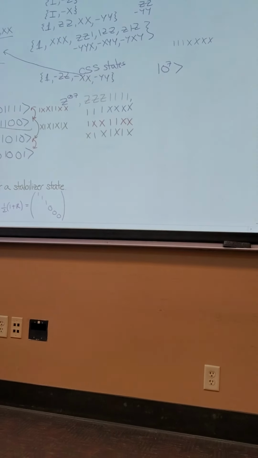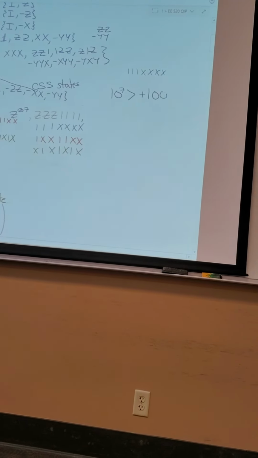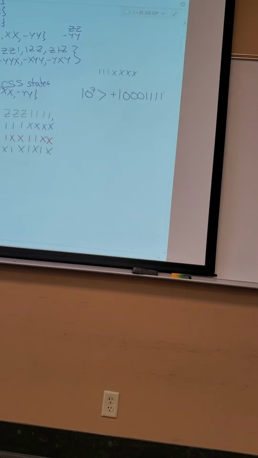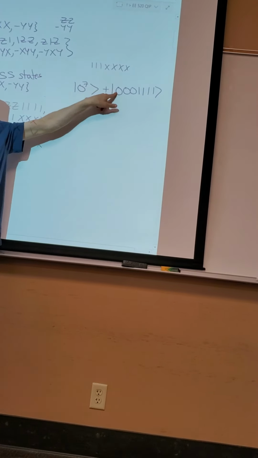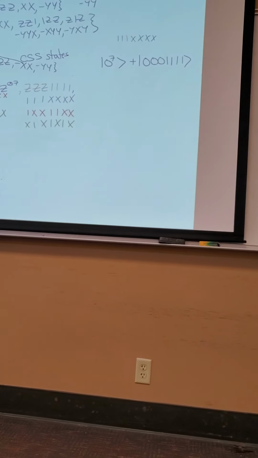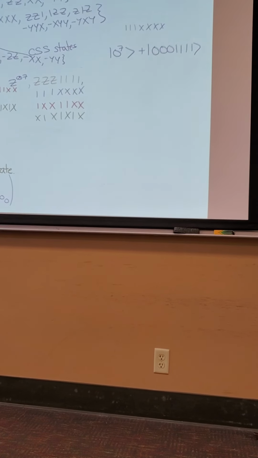Or to make it a stabilizer, I needed to add the term 0, 0, 0, 1, 1, 1, 1. Now the state I have here is stabilized by this stabilizer because it goes back and forth. Then I said to myself, okay, let's add the stabilizer